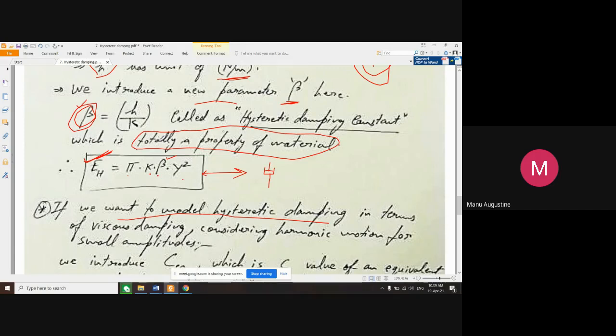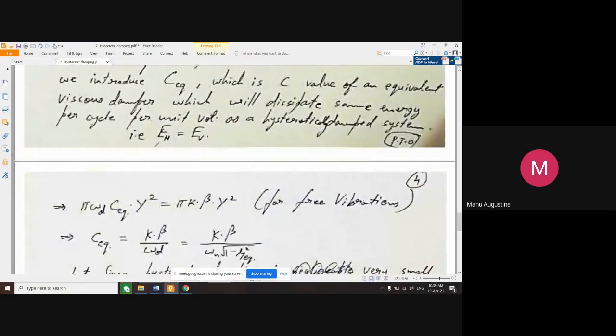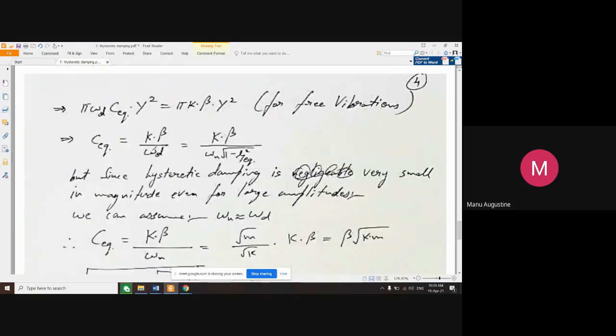So you are basically trying to create a viscous damper which is equivalent to the loss created due to the material. तो material resistance के कारण जो लॉस है, उस लॉस को एक विस्कस डैम्पर के लॉस में कन्वर्ट करना चाहते हो, ठीक है। So for that, all you have to do is put these two expressions equal to each other. तो अपन ने क्या किया, अब यहां पर अपन विस्कस डैम्पर का जो एनर्जी लॉस है उसको